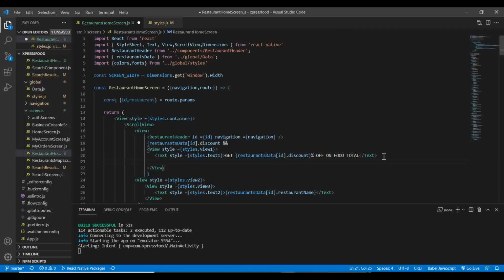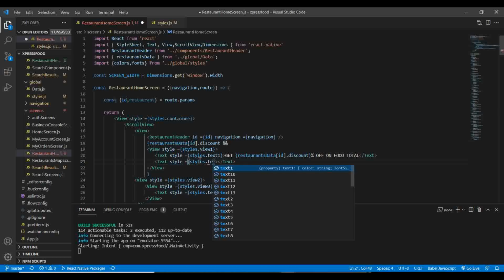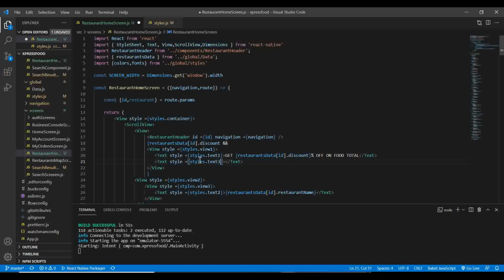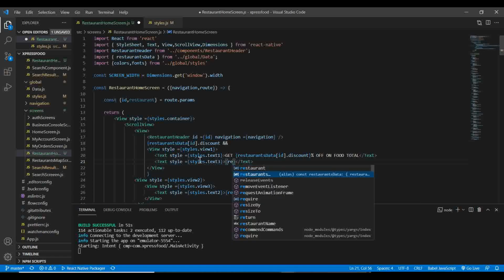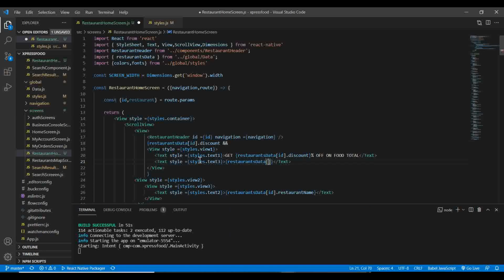Open another Text component, and we pass a style to it, and this style is going to be styles.text3, and inside here we call again the restaurant data, pass the ID of the restaurant,